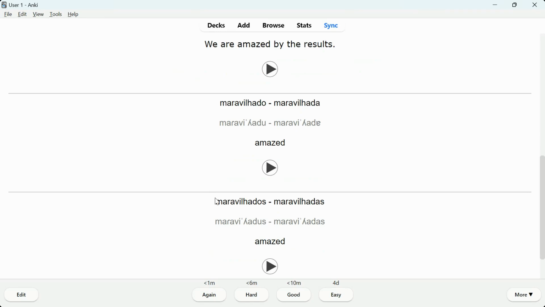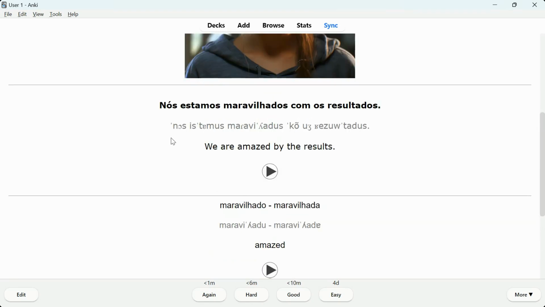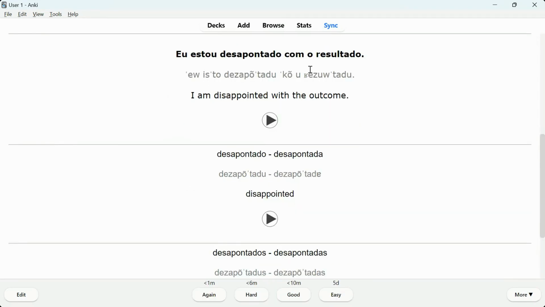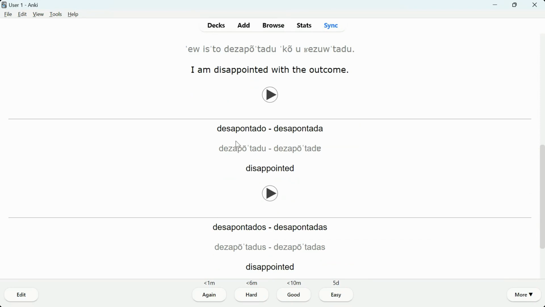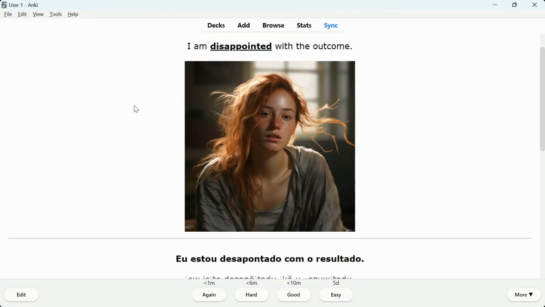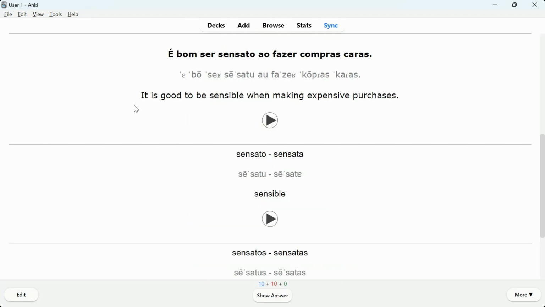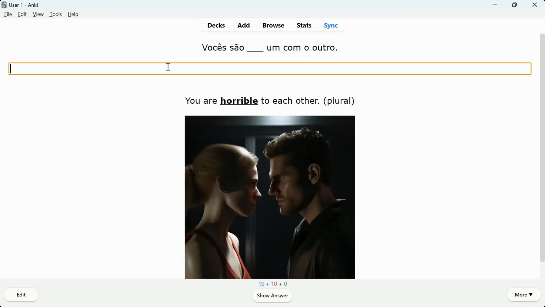Maravilhado, maravilhada. Maravilhados, maravilhadas. We can do one more. I'm disappointed with the outcome. Eu estou desapontado com o resultado. Desapontado, desapontada. Desapontados, desapontadas. And if I were to continue long enough and far enough, I would end up with the typing